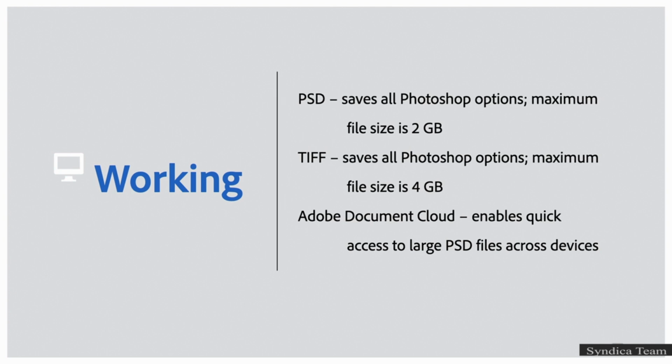They both use lossless compression to decrease the file size, but because it's lossless, the quality of the image isn't compromised. My personal preference is to save my working files as PSD files, but really that's only because TIFF wasn't as robust of a file format when I started working in Photoshop. Today, really, the biggest difference is just that a TIFF file can save a larger file, up to 4 gigabytes, whereas PSD files can only save up to 2 gigs.